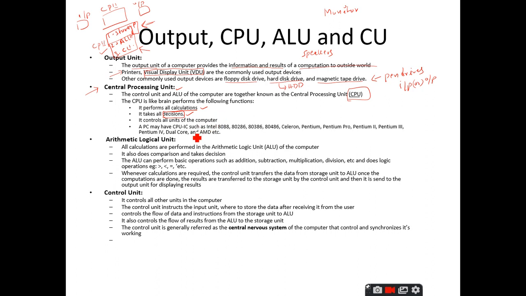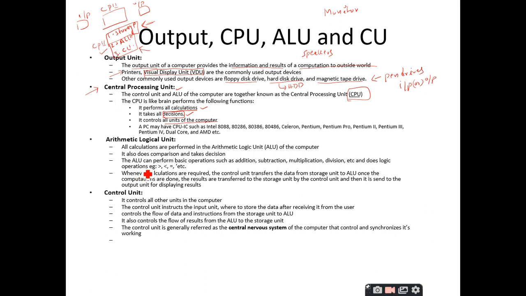For example, you want to control the printer, you want to control the scanner, you want to control the speakers, you want to control the mouse, everything will be done through this CPU only. So, it controls every unit of the computer, it controls input unit, it controls output unit, it controls arithmetic logic unit, it controls control unit, everything will be controlled here. Of course, the control unit itself is going to control all these things, but since we have this control unit present inside the CPU, we call it the core of the computer.